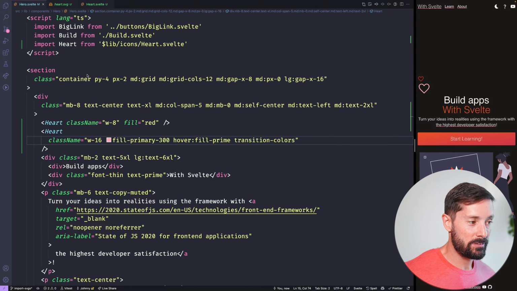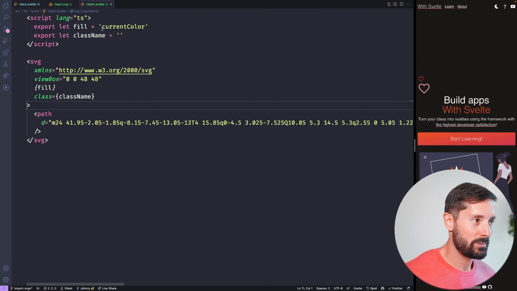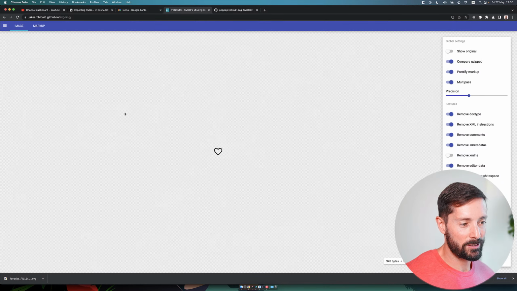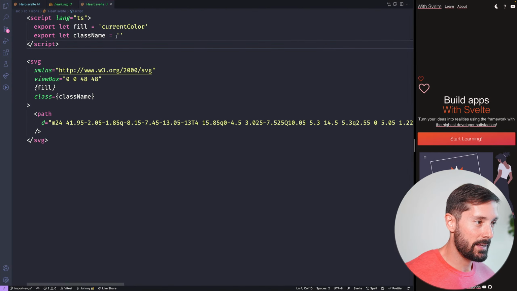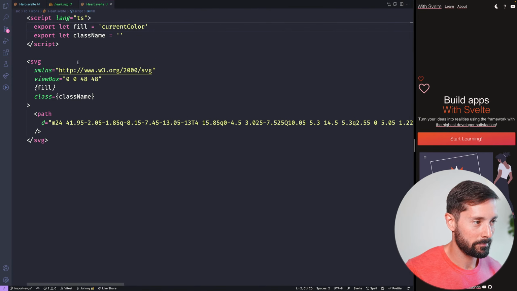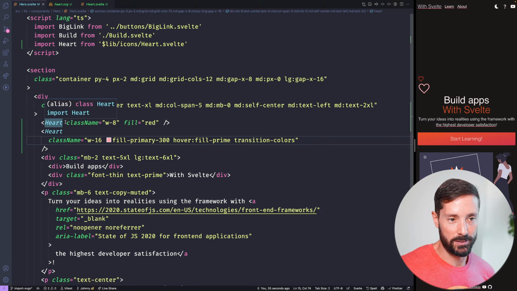You can easily style your SVGs in your SvelteKit app if you are willing to download whatever SVG asset you want, paste it into the SVGOMG tool, and then remember to export all the variables that you may want to be exporting. And then you are able to use all the things that you want as you render your SVG